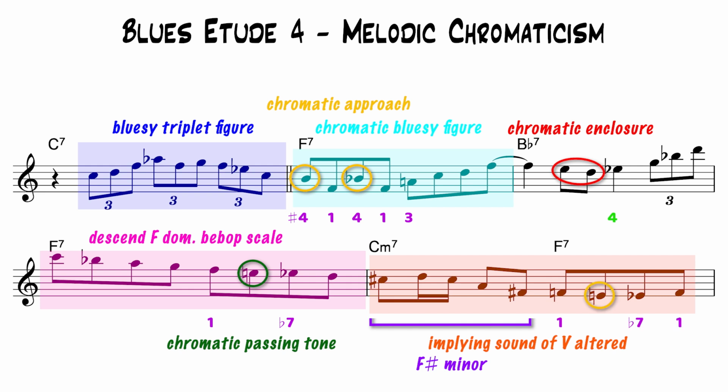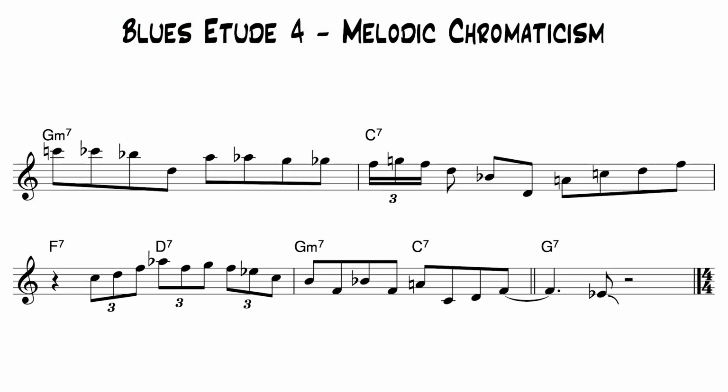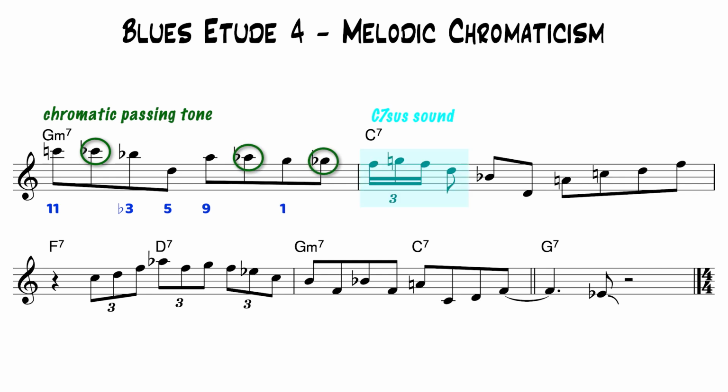After this resolution, we've got a flurry of 16th notes. This is chock full of chromatic enclosures and chromatic passing tones. Finally, we resolve back to 8th notes on the G minor 7 chord, the 2 chord, and yet still have chromatic passing tones, such as the C, the 11, chromatically walking down to the flat 3rd, the B flat. Then we dip down and jump up to the 9th and chromatically walk our way down to the root, chromatically walk our way down to a sort of C7 sus sound here, embellishing this 4th,